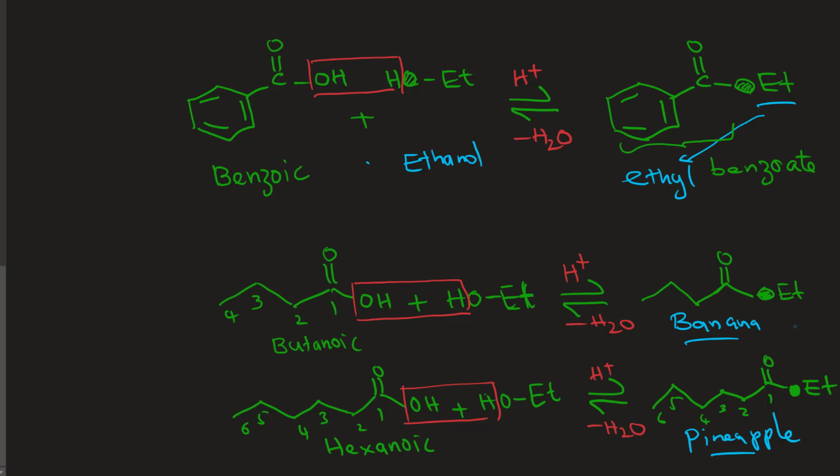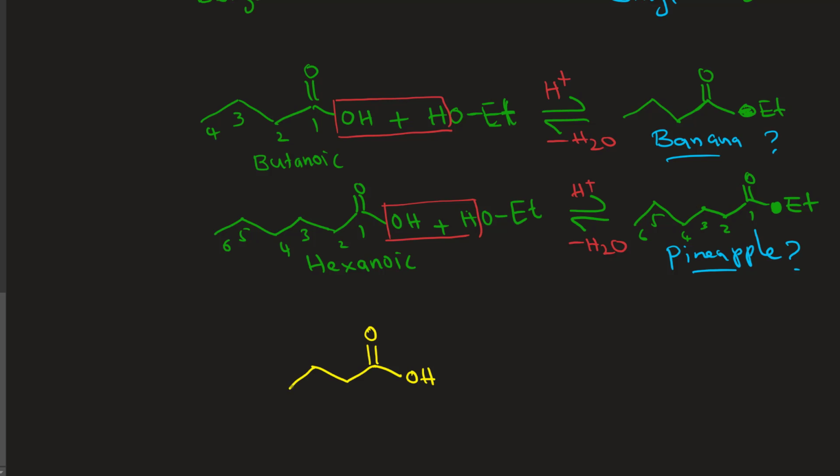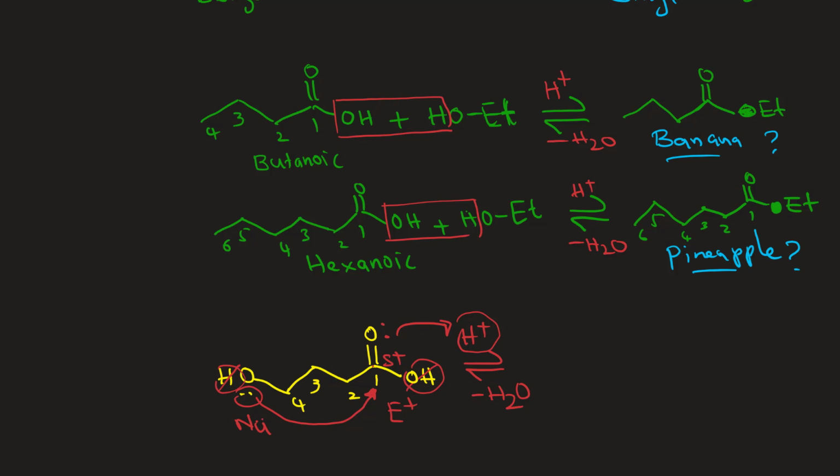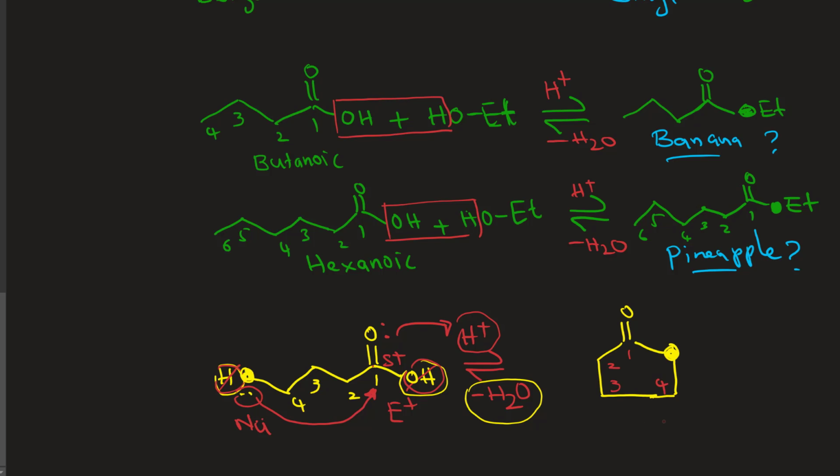But try to write the names of those 2 esters. Now the final one, the yellow one: if you did learn intramolecular, then learn it, otherwise don't. So what happens here, you have the alcohol and the acid together, and the alcohol nucleophile attacks the electrophilic carbonyl, and it makes the intramolecular lactone or cyclic ester. So this one is called the cyclic ester, and depending on the number of carbons, it's called the gamma lactone,